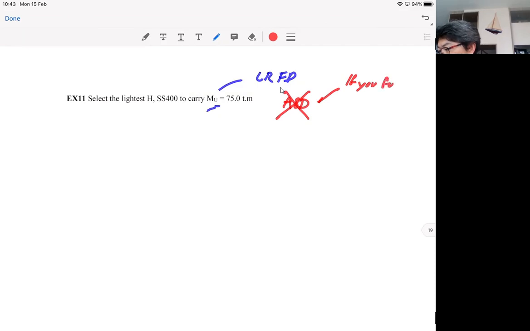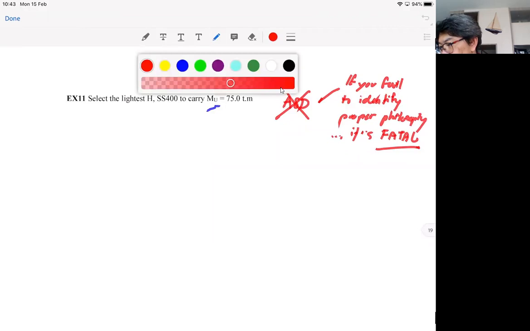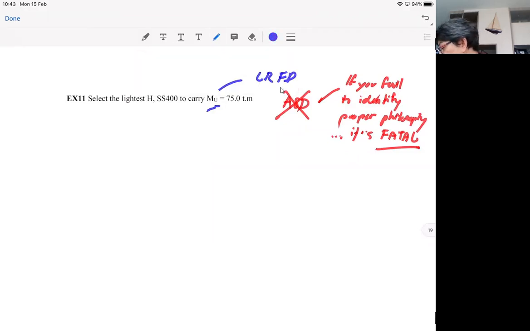If you fail to identify the proper philosophy, it's fatal. So when you say Mu, you should know that this is LRFD. You cannot use ASD. Okay, and I didn't write this down, funny how, but our beam shall be a simple beam